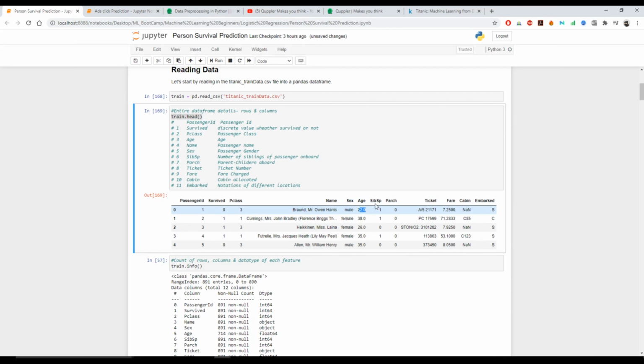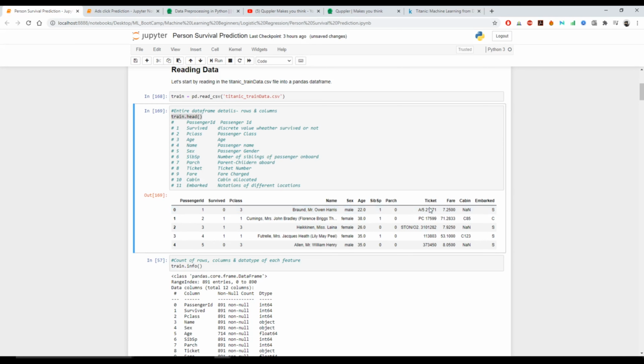Then age, then SibSp. What is SibSp? It's the number of siblings or spouses of the particular passenger aboard the Titanic. Then next is Parch, that is parents and children aboard. So in the parent-children relationship, how many people had boarded the Titanic.